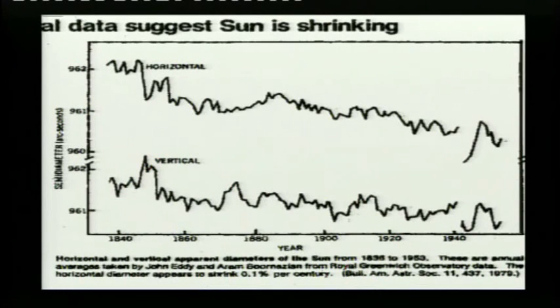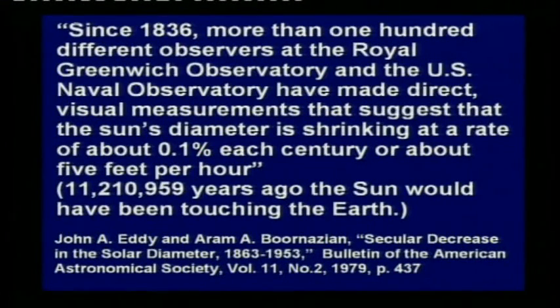Now, they've actually carefully plotted the horizontal and vertical axis of the sun ever since 1840. And this is what has been stated by John Eddy and Aram, can't say that long word, in the secular decrease in the solar diameter between 1863 and 1953. And this is what they have to say. Since 1836, more than 100 different observers at the Royal Greenwich Observatory and the US Naval Observatory have made direct visual measurements that suggest that the sun's diameter is shrinking at a rate of about 0.1% each century, or about